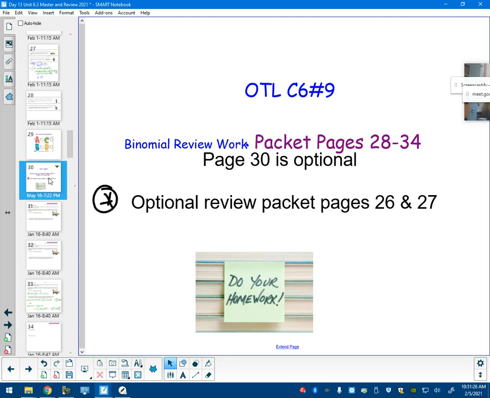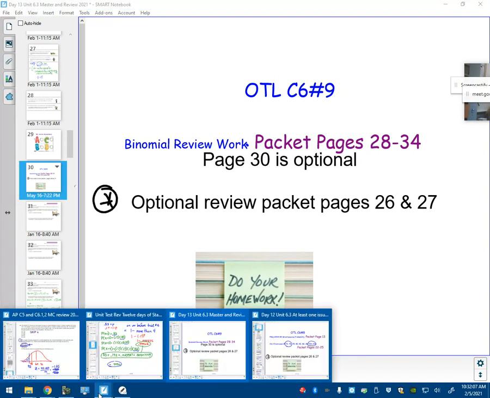Wait, so do we or do we not have to do page 30? I can tell you after you take your test. This page 30 is exactly like the math anxiety in the 10 Californians where I taught you how to use binomPdf or binomCdf. It's exactly the same type of thing. I don't care. That's why I said optional. That means it's like your option. Until you fail that part of the test and then I'll say, oh, you should have done that. No, I'm just kidding. You won't fail that part of it.